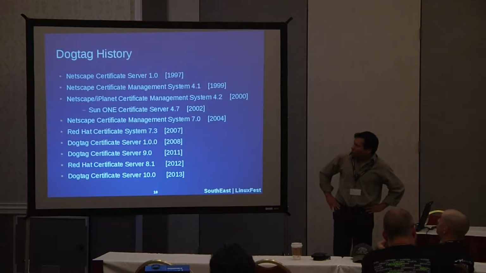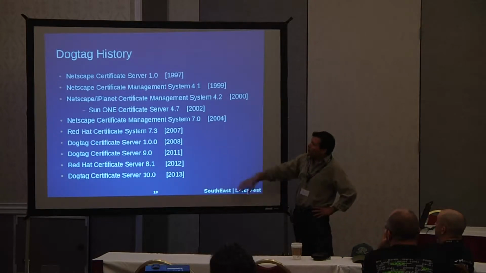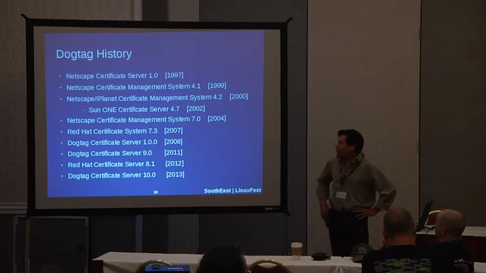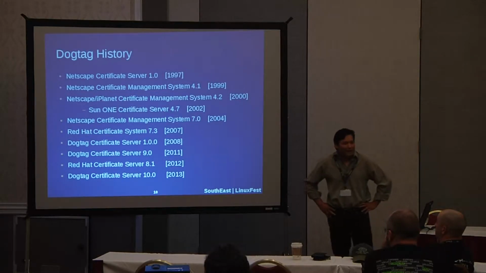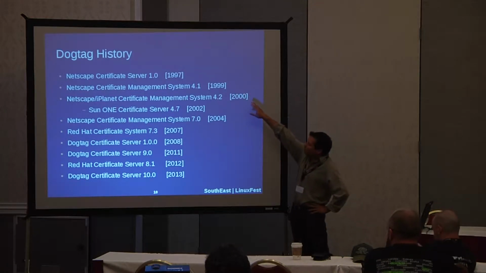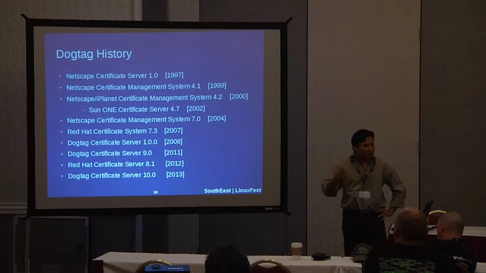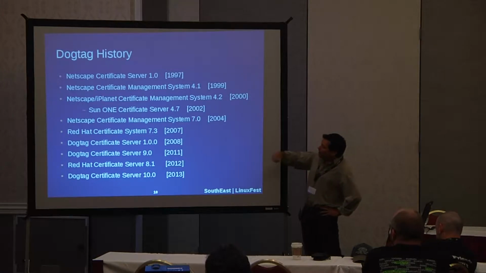So just a little bit of history about Dogtag. Dogtag, or Red Hat Certificate System, has been around for a long time. It started out as the Netscape Certificate Server 1.0 in 1997. At that time, it was just the CA. About a couple of years later, they added a DRM. DRM, or key recovery, is the place where you store the keys. And then